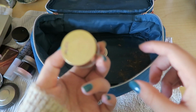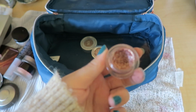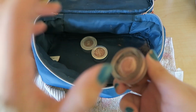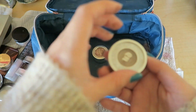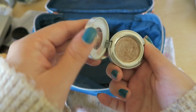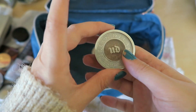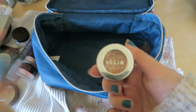Also have my Tarte gel eyeliner in Rose Gold. Love that too, in the summertime when I want that to be the highlight of my look. Have my Urban Decay Space Cowboy moon dust eyeshadow. It just adds a nice glitter overlay when you want it. And last but not least, I have the OG